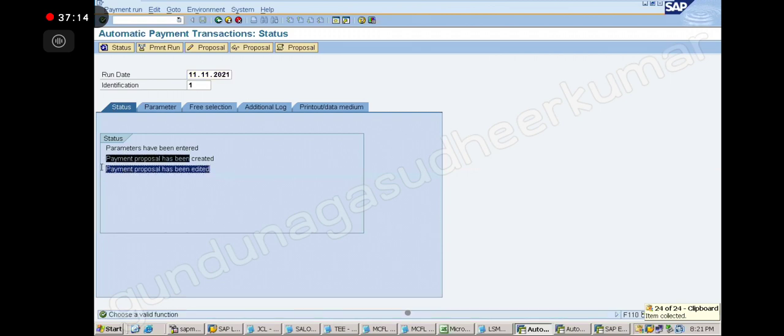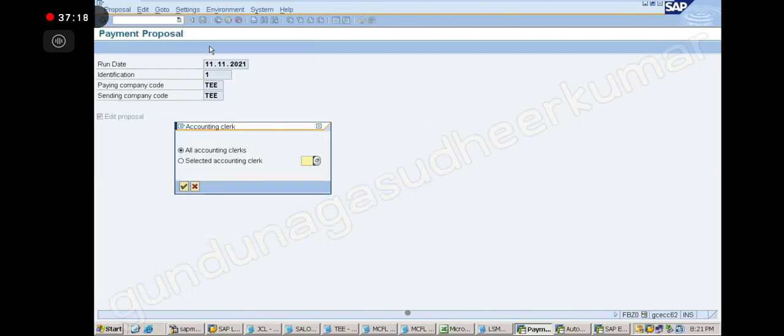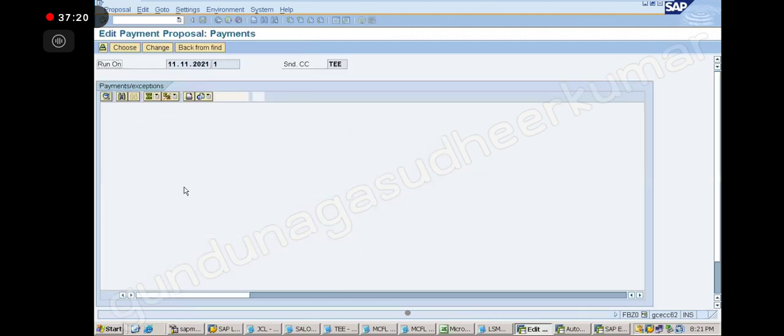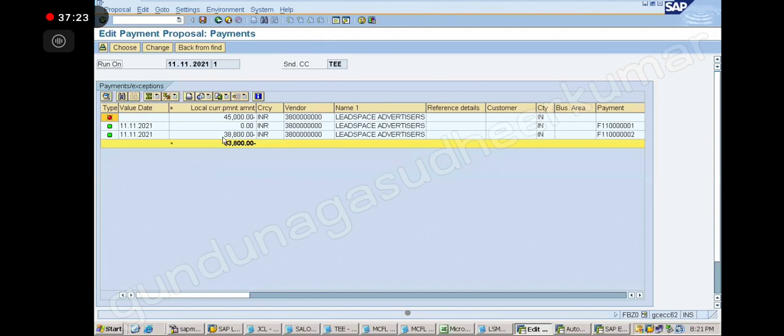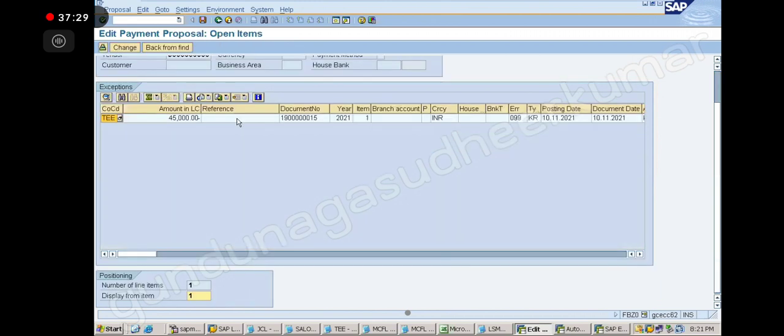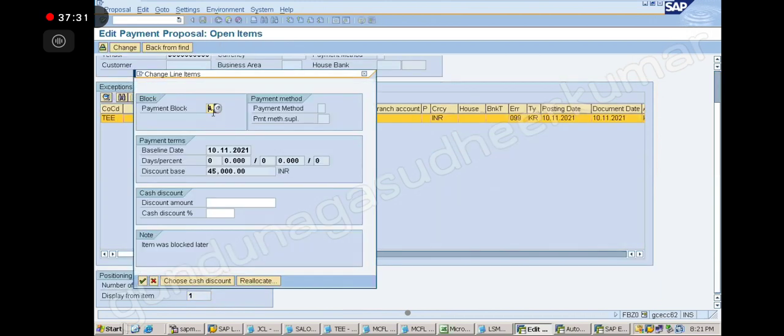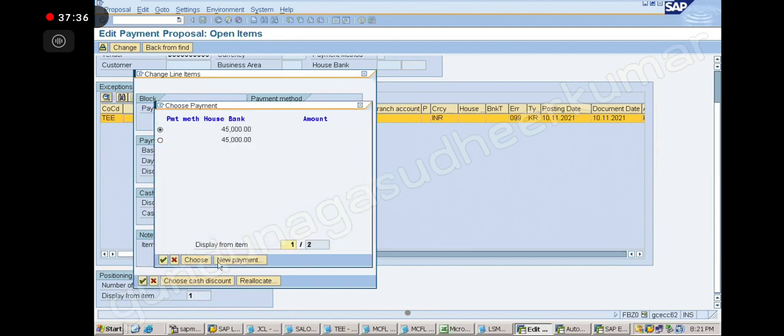Sir, can that blocked item be removed from the block list? This item you want to remove again? Yes, sir, it means remove the block. It is possible. If you want to remove the block immediately, yes, remove it.